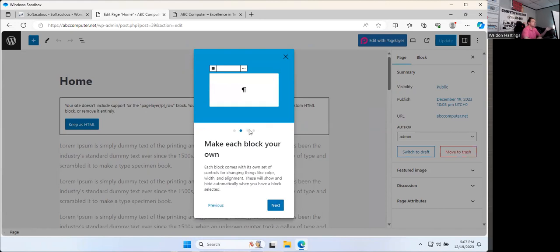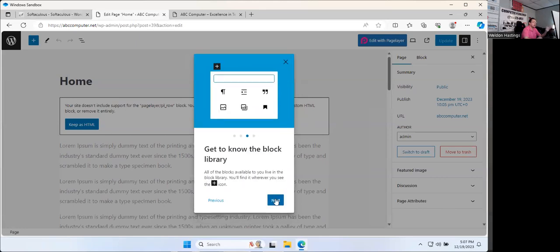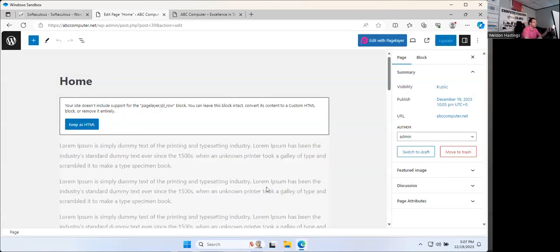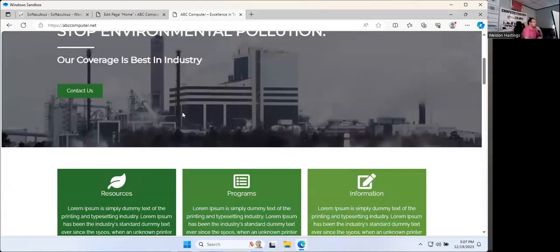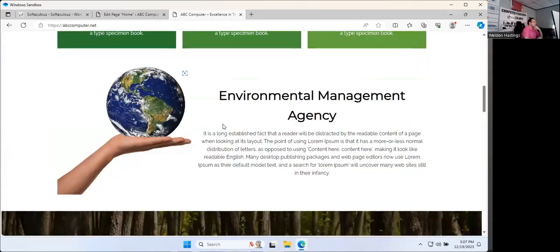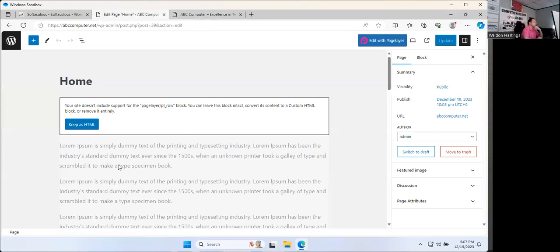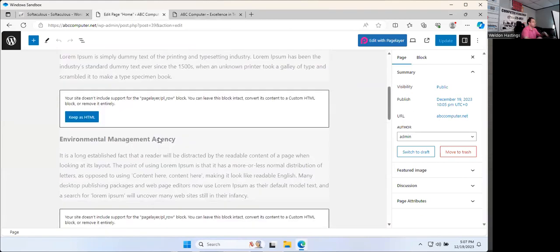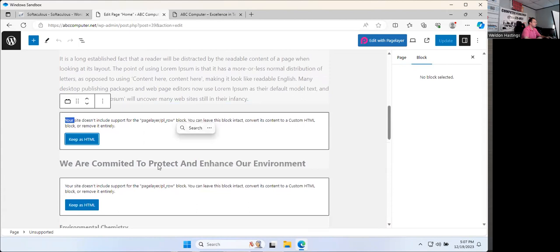This will give you information on each page. This block is kind of a welcome how-to on how to use this page. I won't go through that. I'll let you go through that on your own. So we're going to get started here. And then, for instance, on the home page, you'll see that it says Environmental Management Agency. So if I go down, so we're going to say, instead of Environment Management Agency, we'll keep as